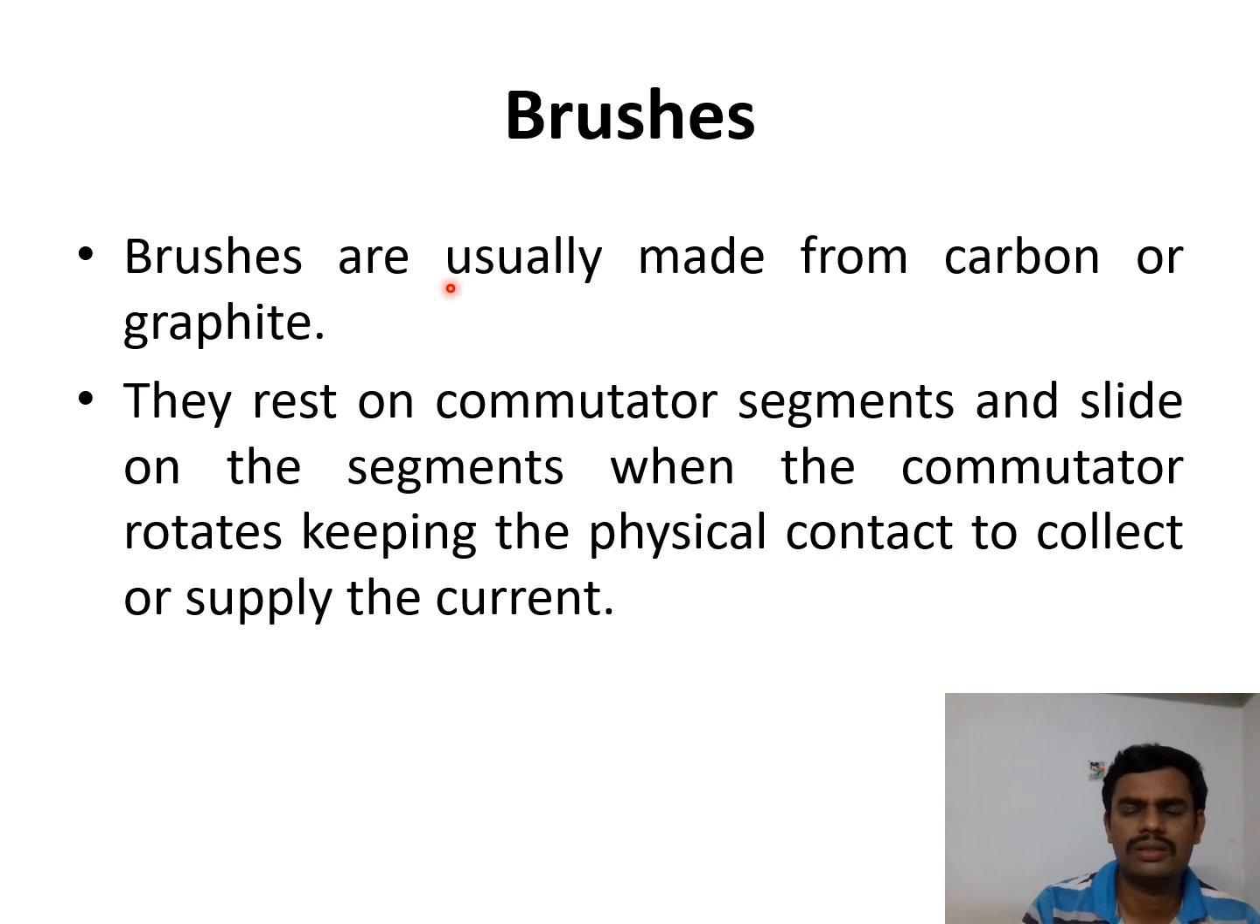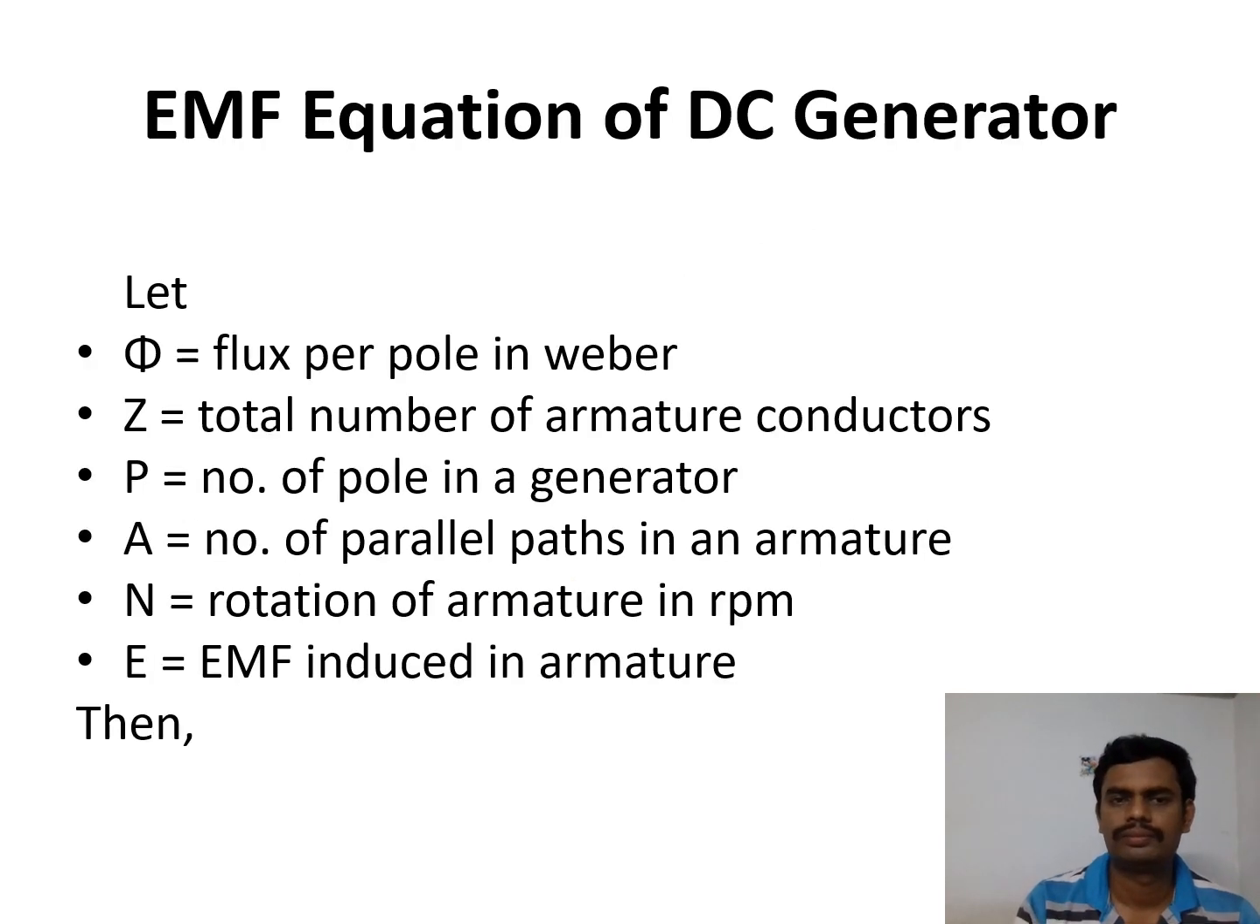Coming to the brushes, they are used for collecting the current from the commutator. They are generally made up of carbon or graphite. They rest on the commutator segments and slide on the segments when the commutator rotates, keeping physical contact to collect the supply current. So coming to the EMF equation of a DC generator,